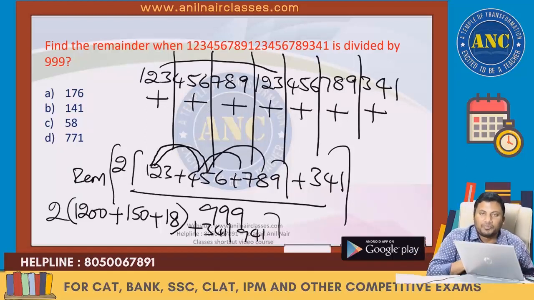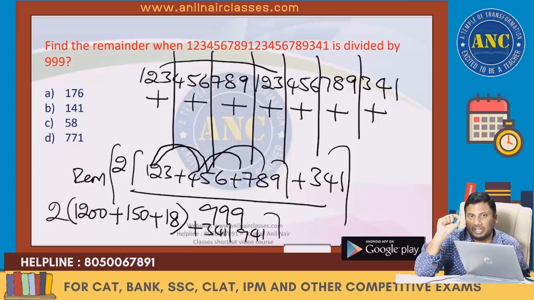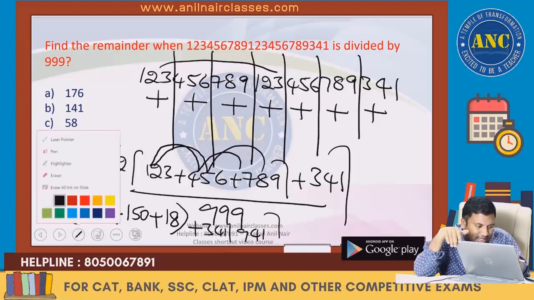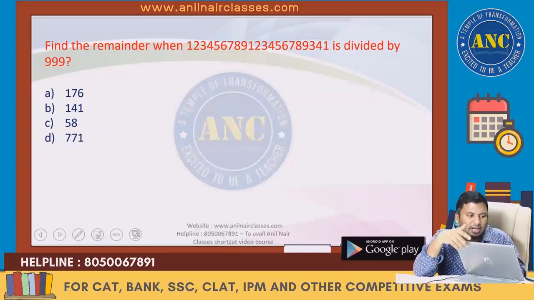Right? Now, Chinese remainder theorem, we have done so many problems. There is a corollary of Chinese remainder theorem. If you use that corollary, you can eliminate incorrect answer options. Minimum 1 or maximum 3 options can be eliminated. I hope the divisibility rule of 37 is clear to you. Now see here.